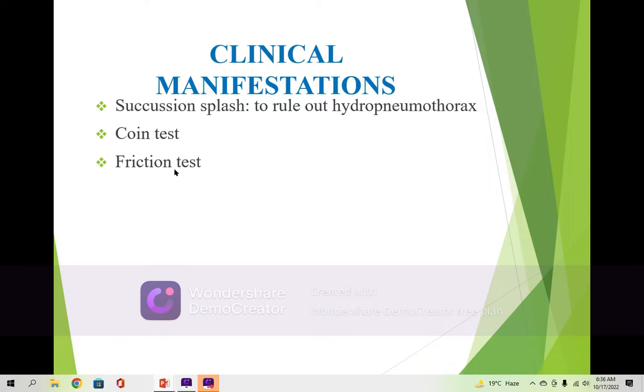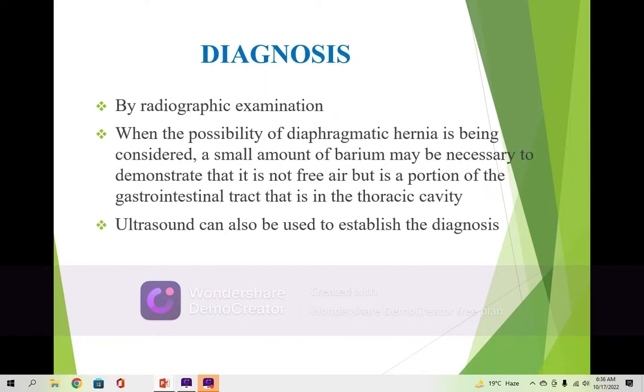Although these tests are not usually done today, they are very good where there are no facilities of X-rays and other lab facilities. For example, in cases of Tharparkar district of Pakistan, where there is a lack of facilities, you have to be 100% sure about your clinical examination. Because in the case of tension pneumothorax, it is a dire medical emergency. The patient will die in 5 to 10 minutes. You have to do some procedure to reduce the pressure.